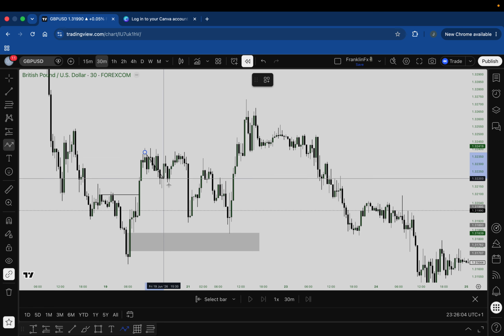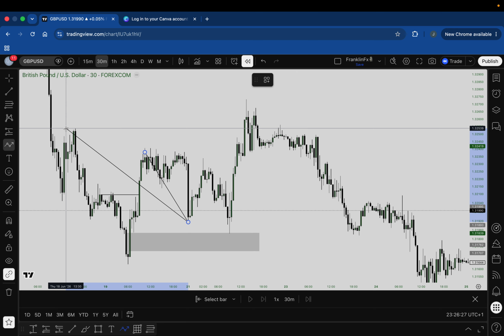Let's say from here, very close to the FVG, price did not touch the FVG and started going up. On its way up, a lot of traders jumped into it, thinking, oh, the market may not come down to this FVG anymore, let's just jump into it. A lot of traders may jump into this particular trend, wanting to buy to take out this high and probably take out this high also.